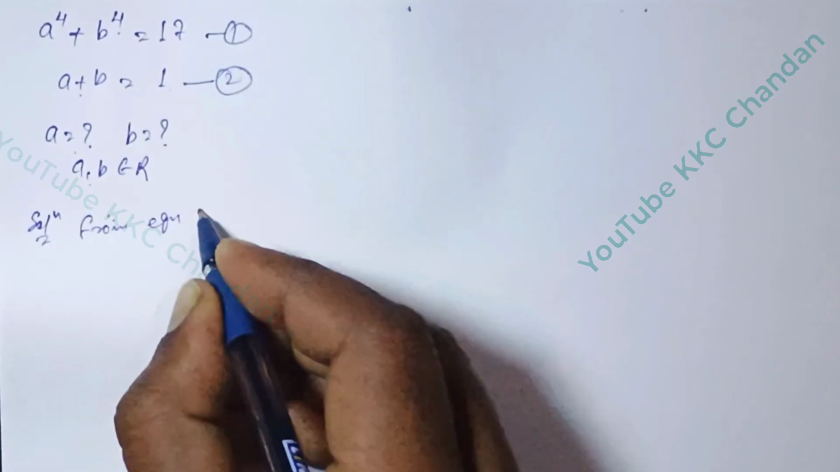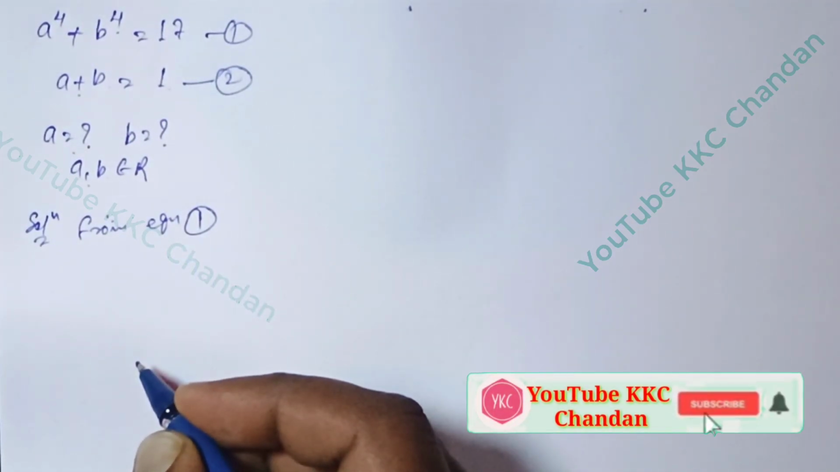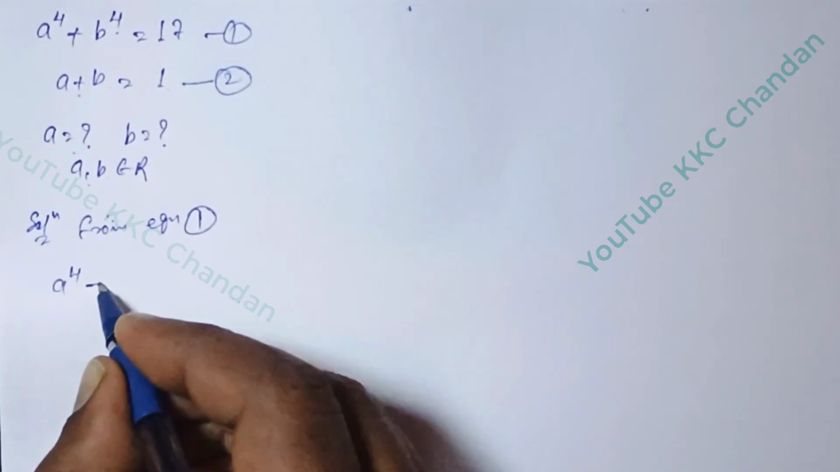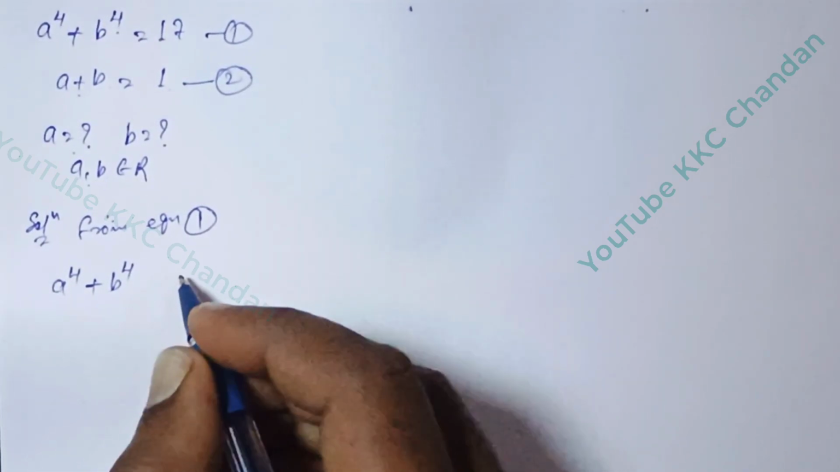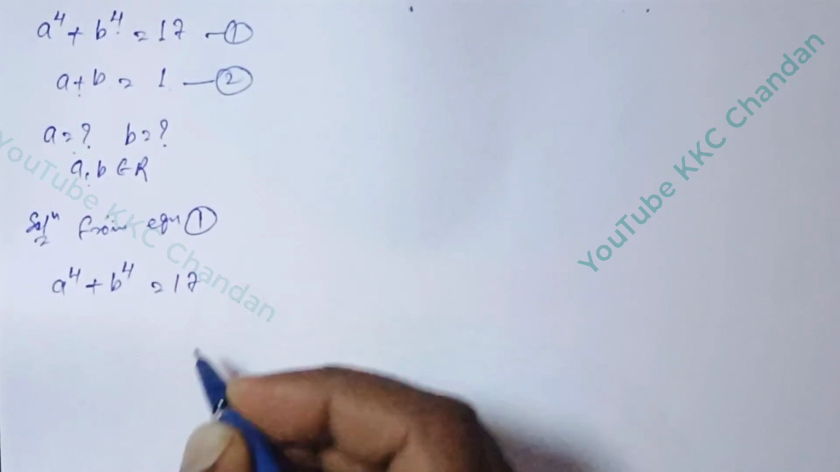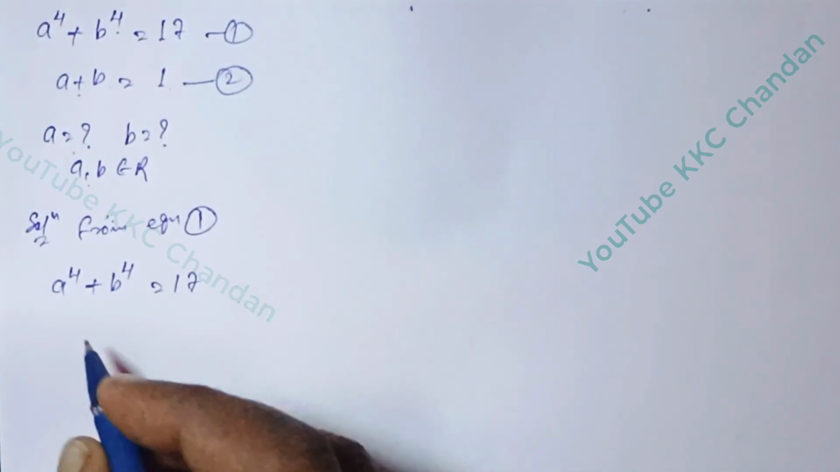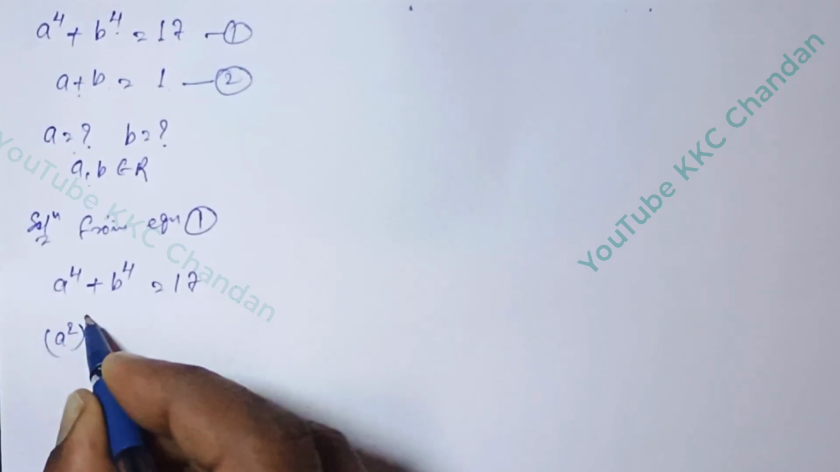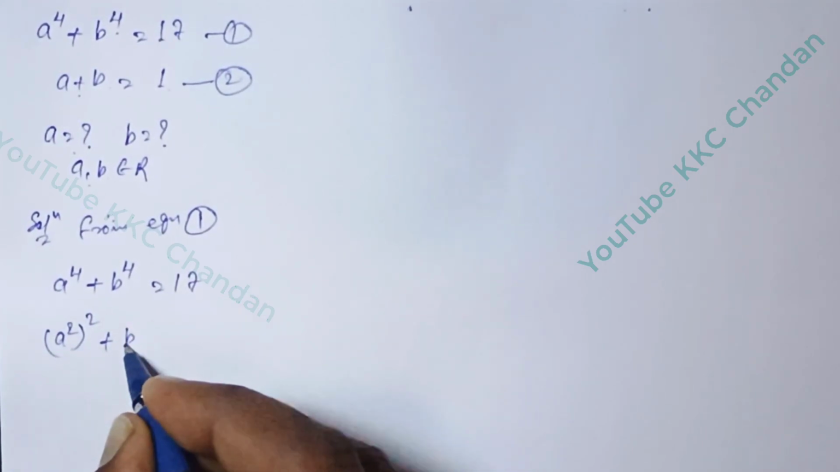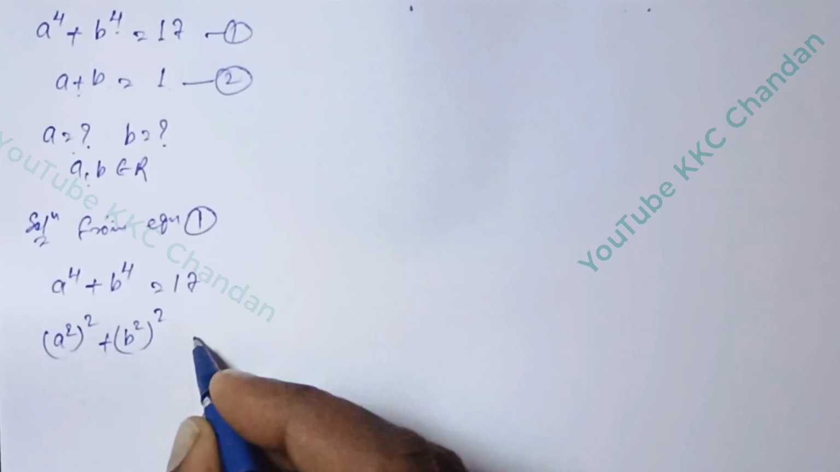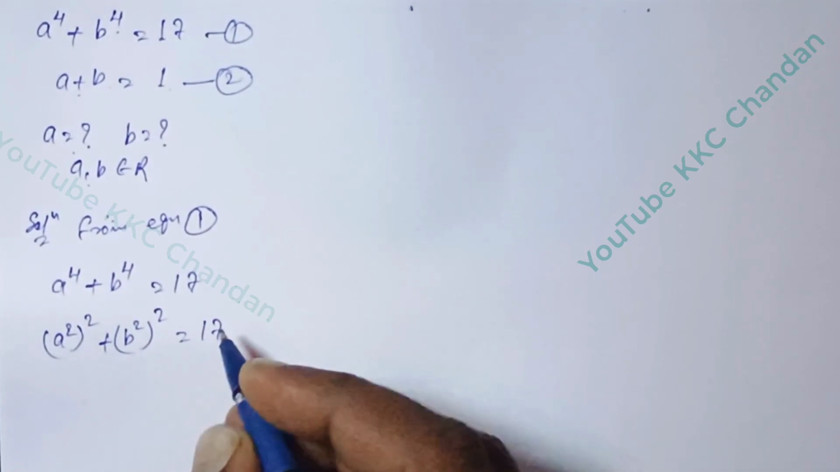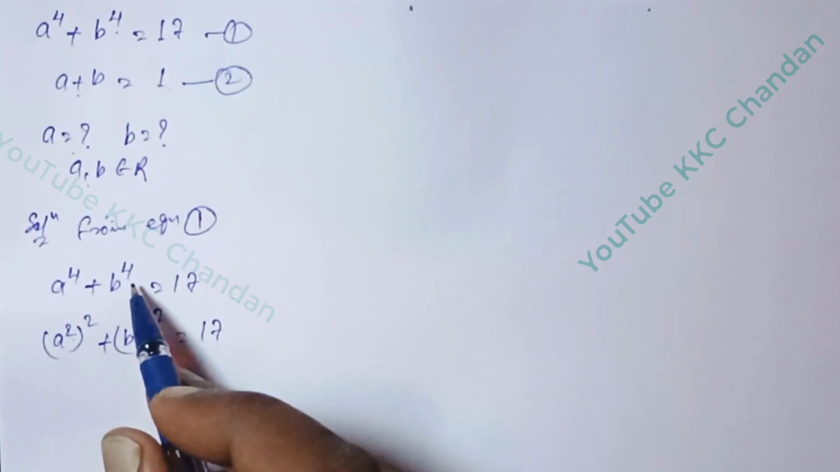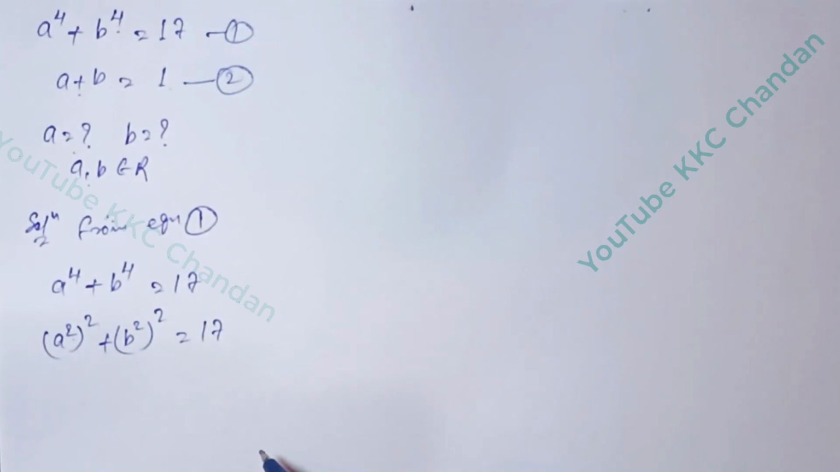equation number 1. Equation number 1 is telling that a to the power 4 plus b to the power 4 is equal to 17. After the next step, a to the power 4 will be written as a square whole square, plus b square whole square is equal to 17. Because 2 times 2 is 4, a to the power 4 and b to the power 4. So next step,